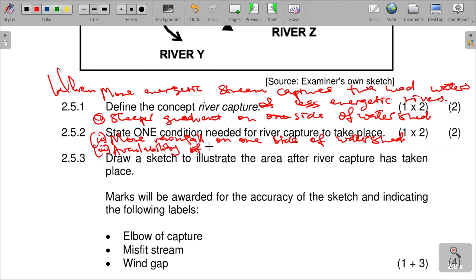Availability of less resistant rock on one side of the watershed. And then